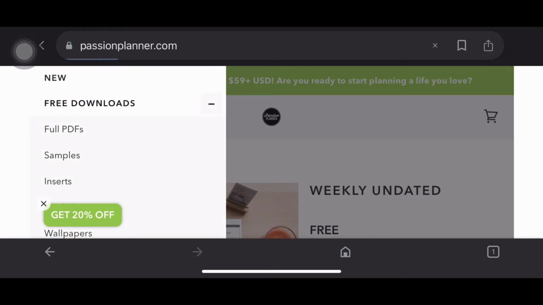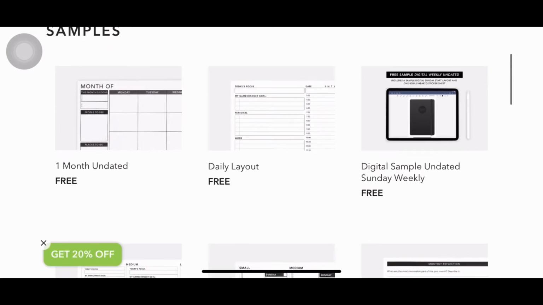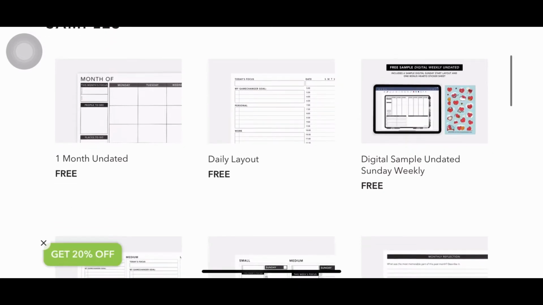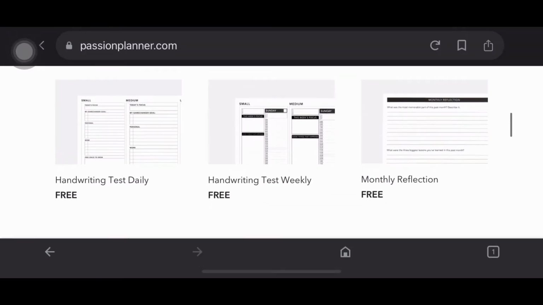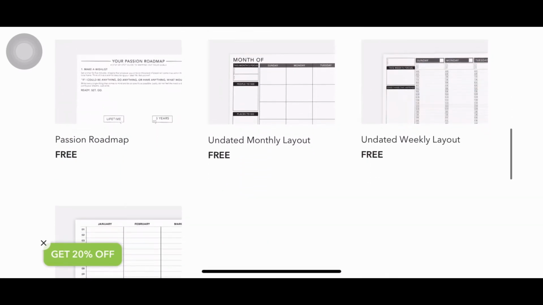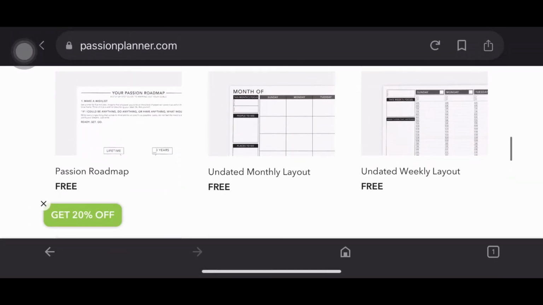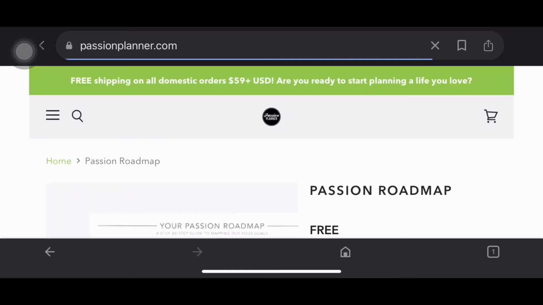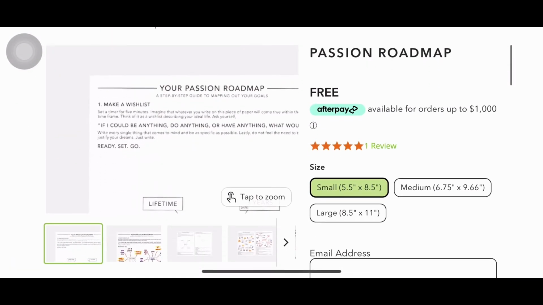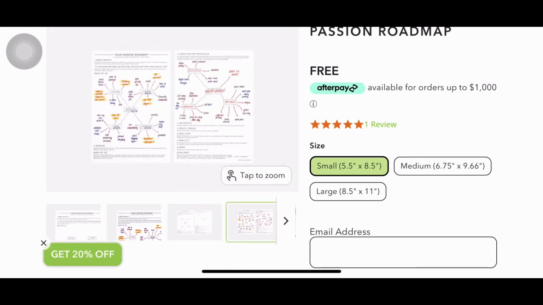Now, let's go into the free downloads again and take a look at the samples. These samples are essentially the samples of existing products that are available for sale, either digitally or physically, the planners that Passion Planner has. You can try these samples out just to check, if you want to. Let's say not everyone wants to do digital planning, right? There are people who want to do physical planning, and you may want to try out these samples, but you may not want to DIY it because it does take some work and effort and time. So you can download these samples and try them out on your phone or your note-taking app, and if you like what you experience, then you can always purchase